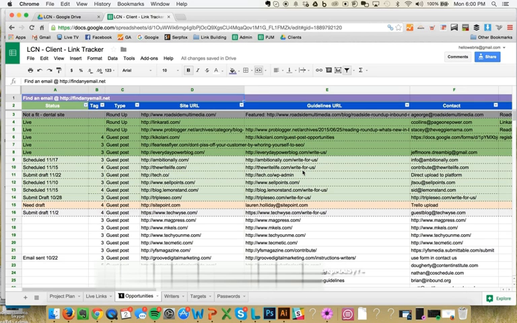So when they are out looking for link opportunities on the web, they're going to come into the opportunities tab and then we're going to record it. So in the status column, this is where we put, when the link outreacher is saying, I sent an email on